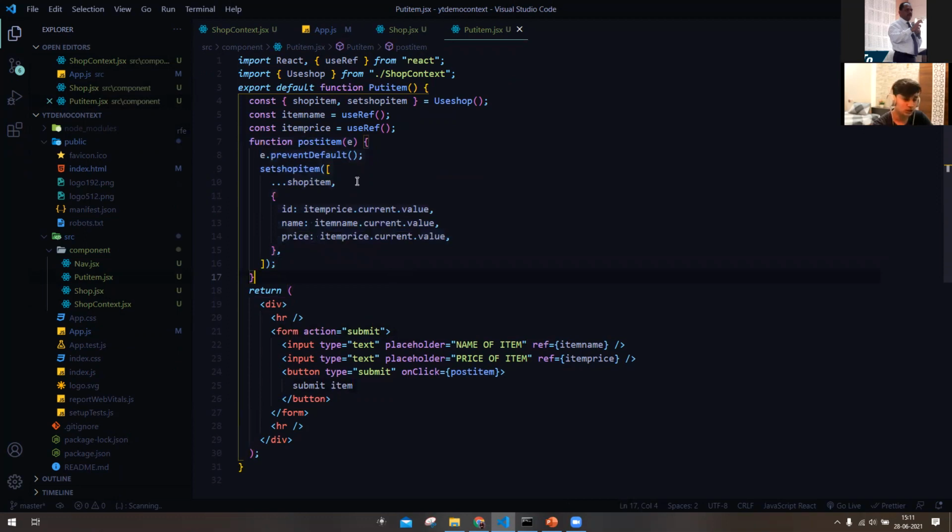So what this post item function is doing is event.preventDefault. event.preventDefault is a function so that after clicking submit, it should not submit a blank value. So this is the function we use. After clicking this function post item, I'm calling that setter function set shop item, and what is it doing,